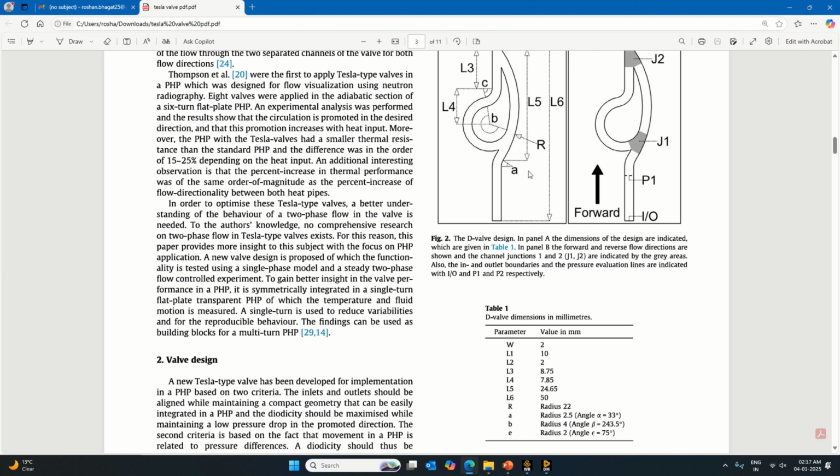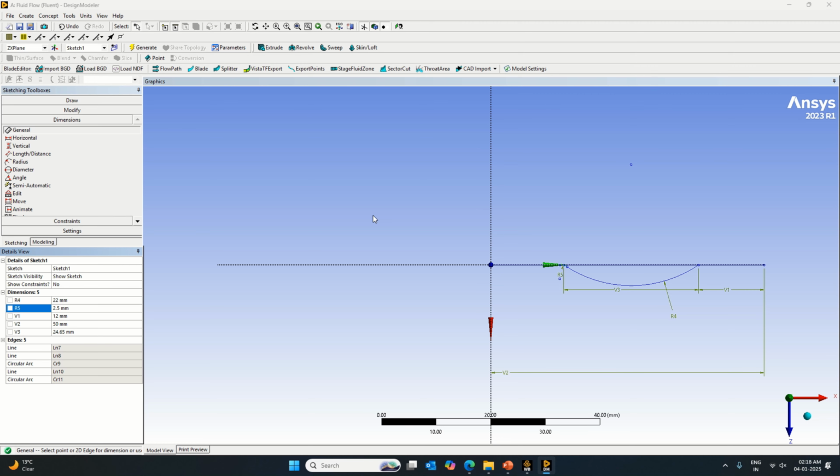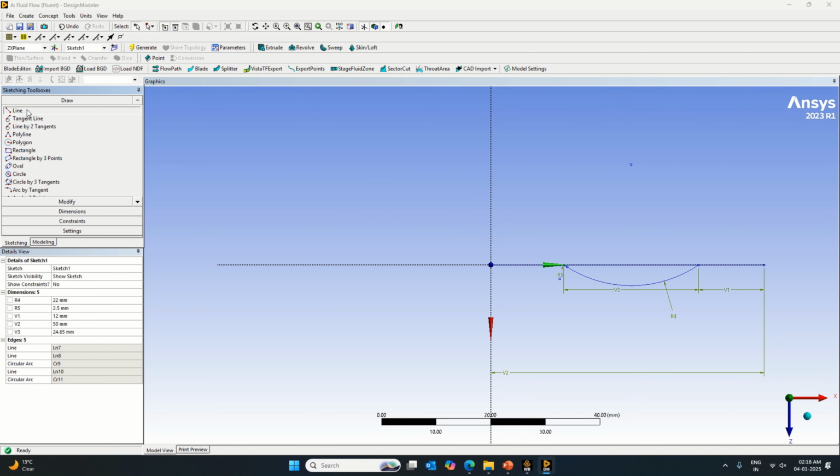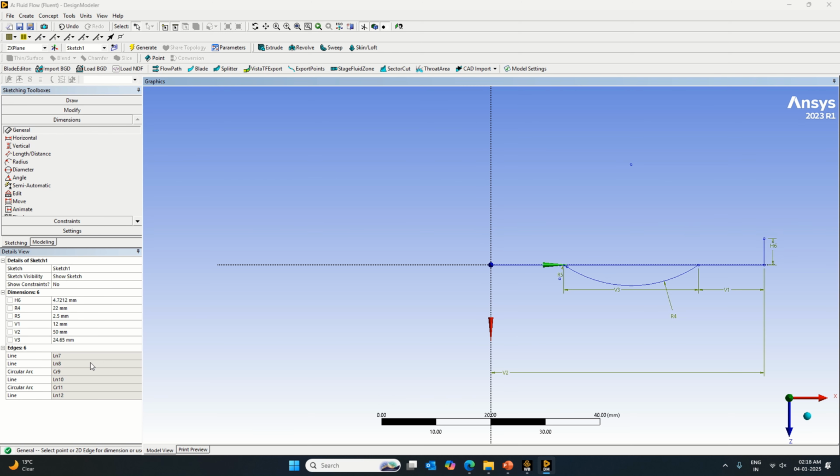Okay, so I have drawn this part now. So the width of this is W, you can see it is 2. So I can just draw one more line which is going up from this. So here, I need this dimension to be equal to 2. So mention this is equal to 2. Okay, next is